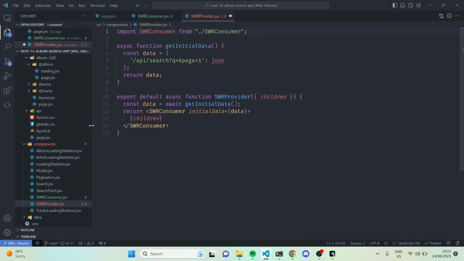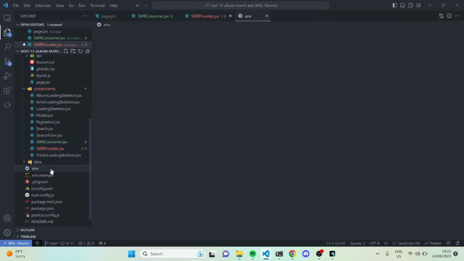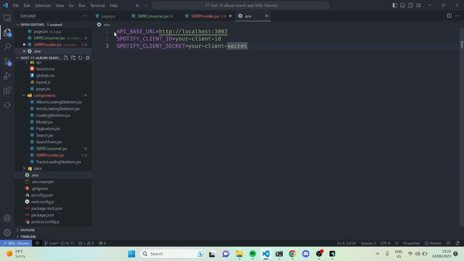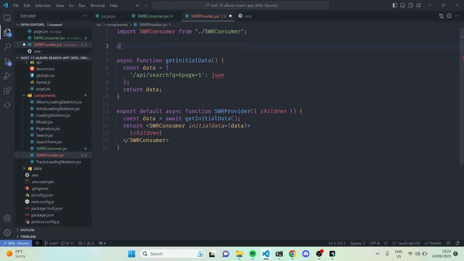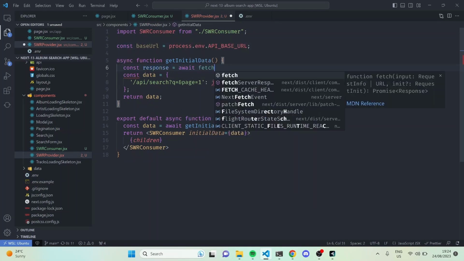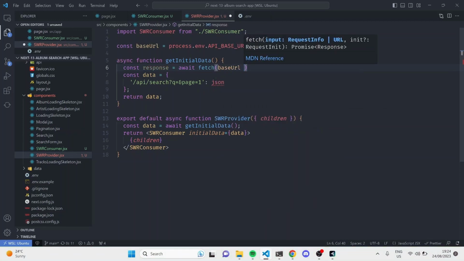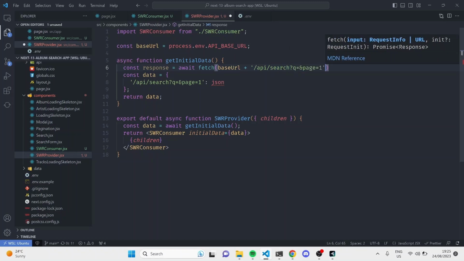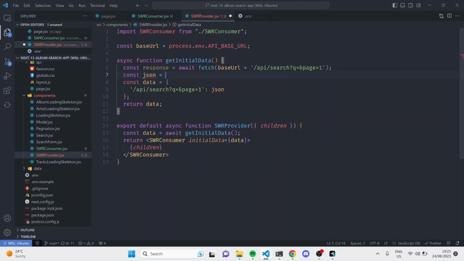For me, I get it from an API service, so I have an API base URL where we get the data from. So we have a base URL. For the response, we just await and call fetch on the base URL, and then we are calling API search with an empty query string and page one. So the JSON will be just